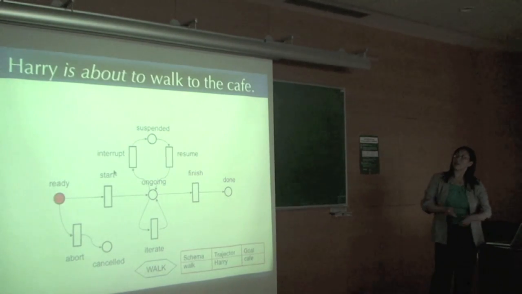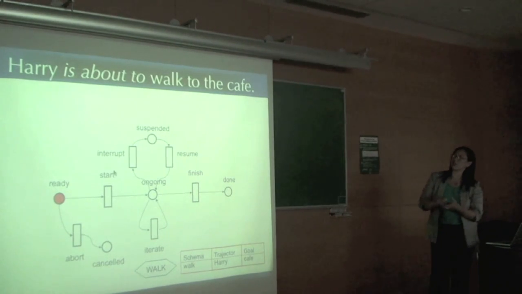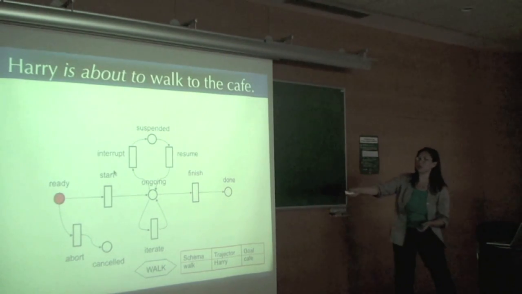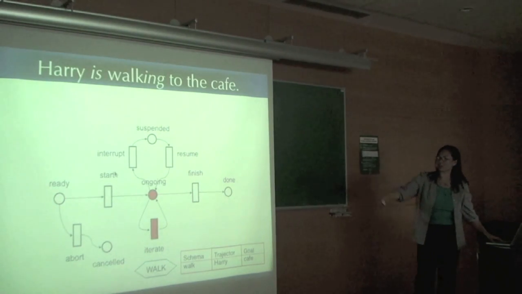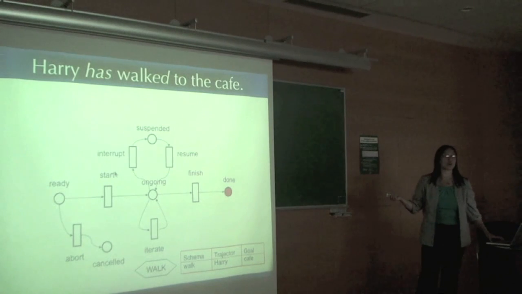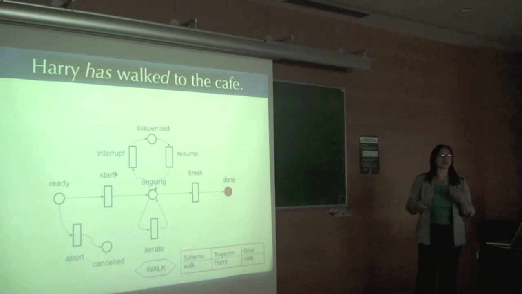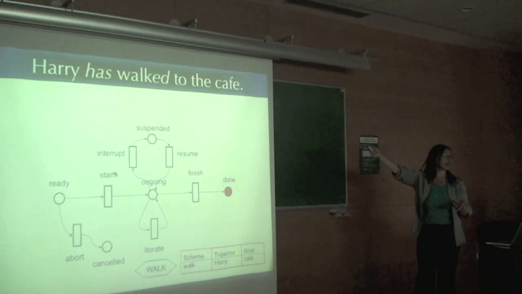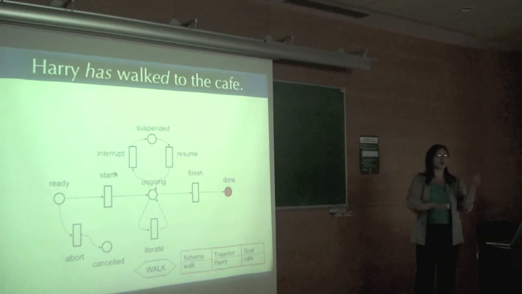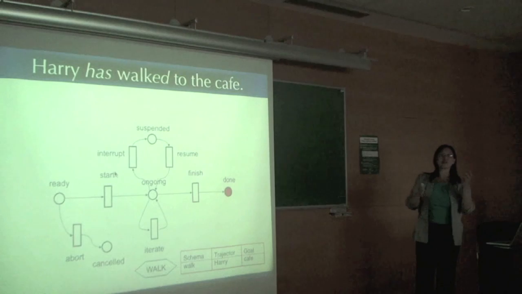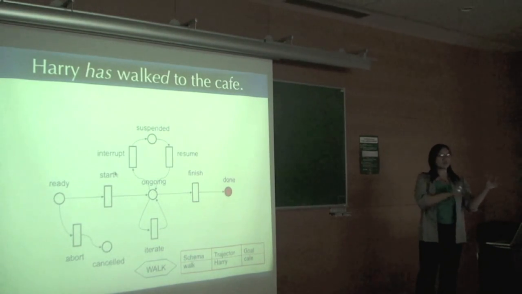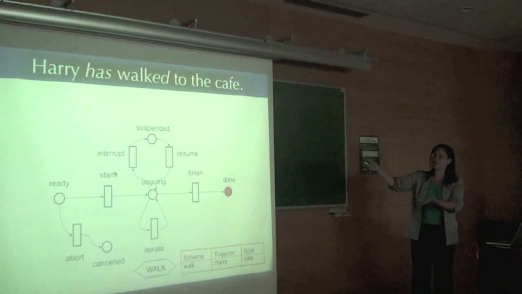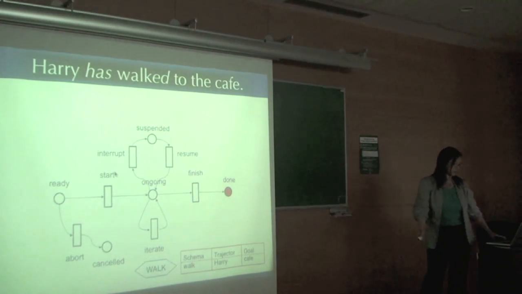Okay, now here's a bunch of sentences. Again, there's just an idea of what it means. Harry is about to walk to the cafe. That should be pretty clear. It's in the ready stage. Harry is walking to the cafe, sort of in the middle there somewhere. Harry has walked to the cafe. So these are different phrases. In this case, it's actually perfect tense. The other one's progressive. The previous one was sort of the is ready to or whatever. So all these different kinds of ways of saying something in language, whether it's strictly grammatical or something that's more lexicalized, have their home here. They have a common semantic representation.